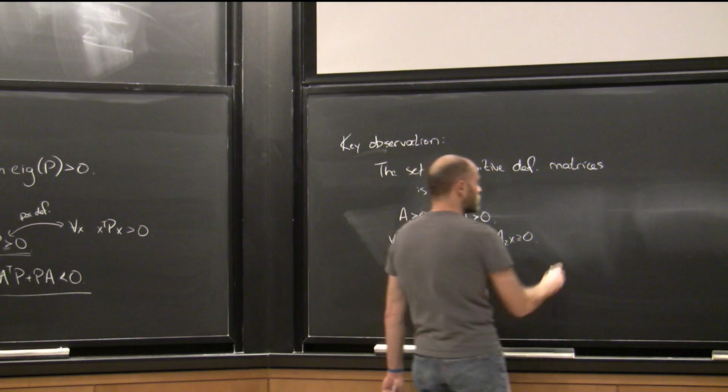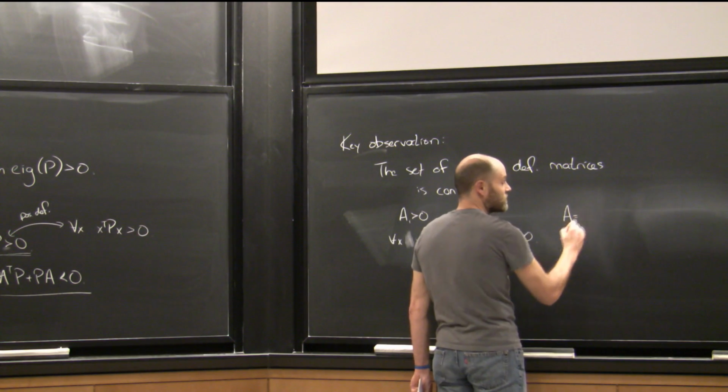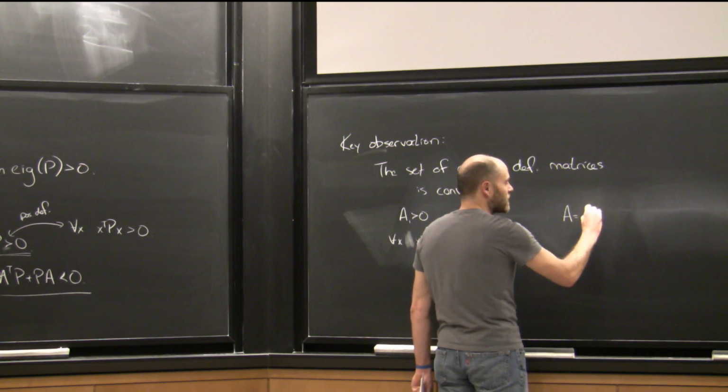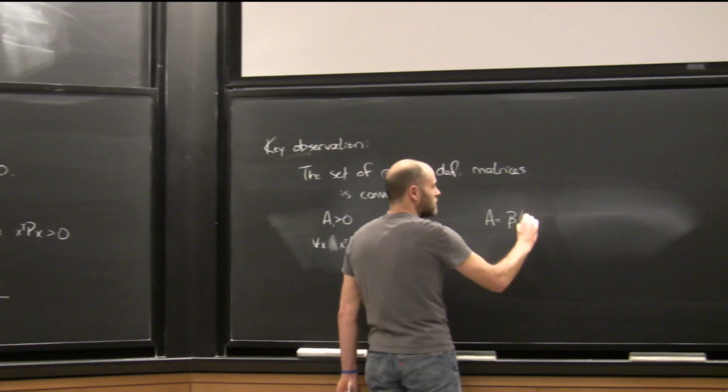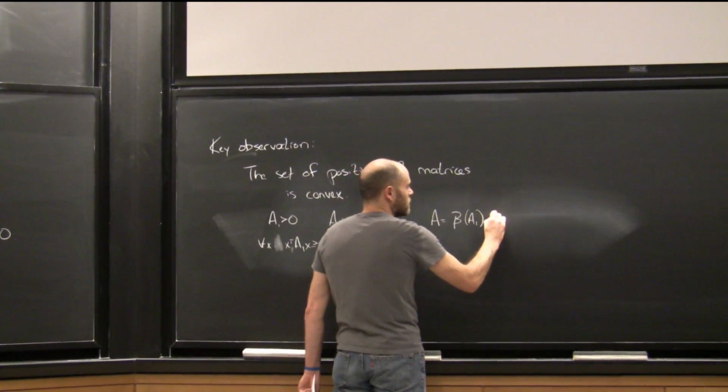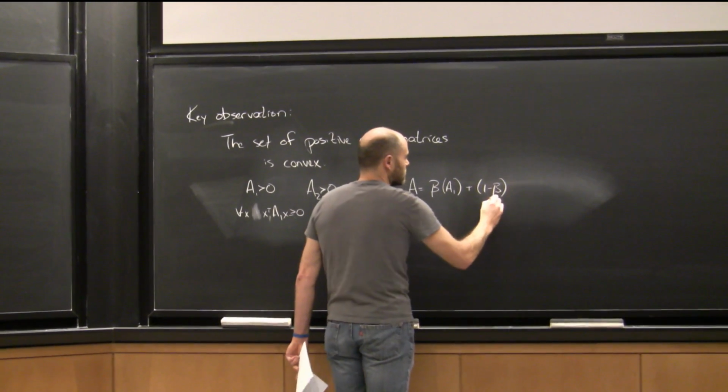The thing you have to check is what happens if I have a new A, which is a linear combination, or an affine combination: beta A1 plus (1 minus beta) A2,